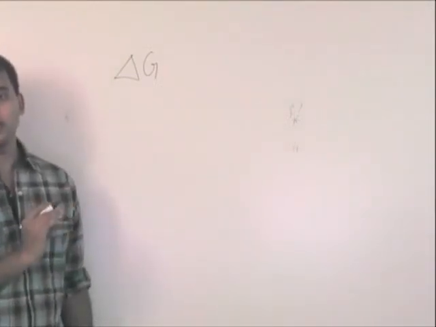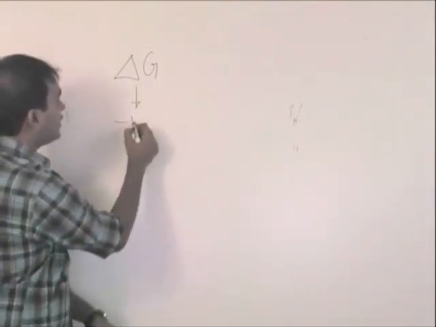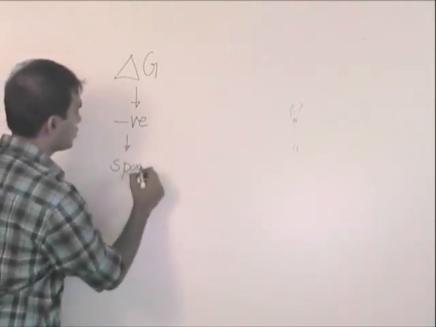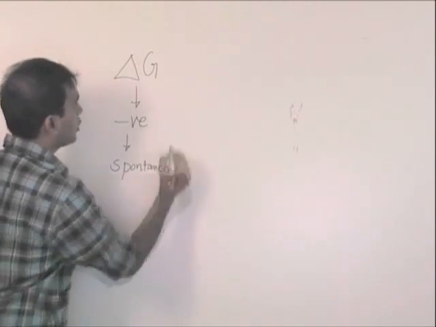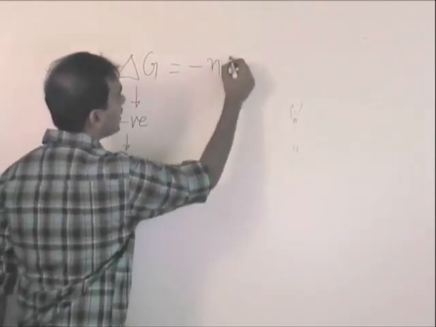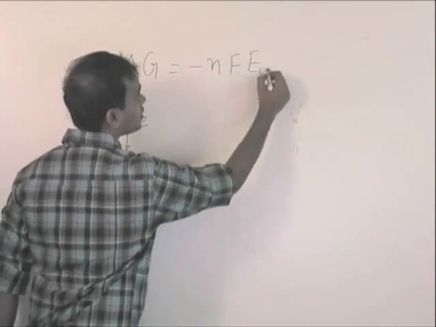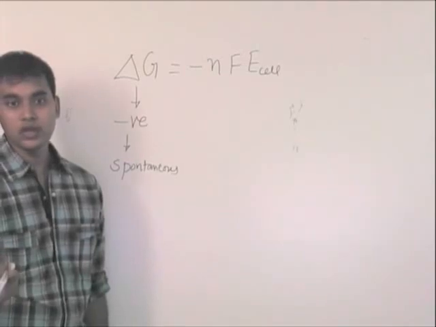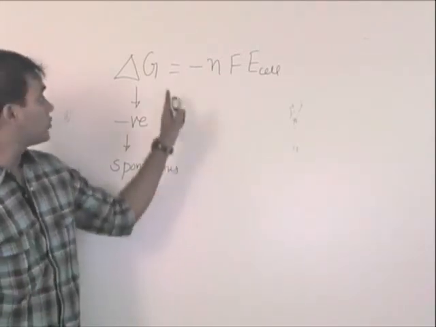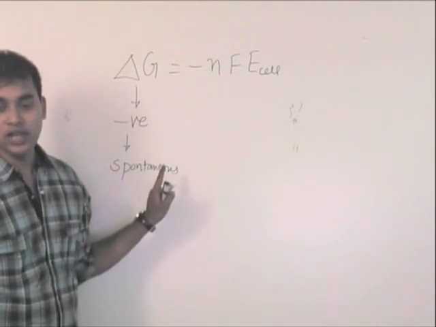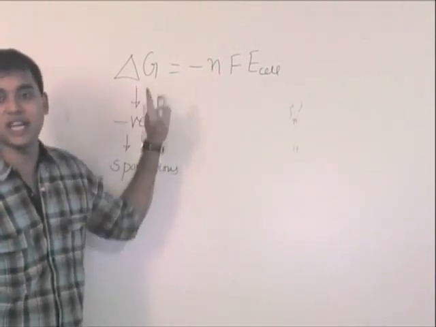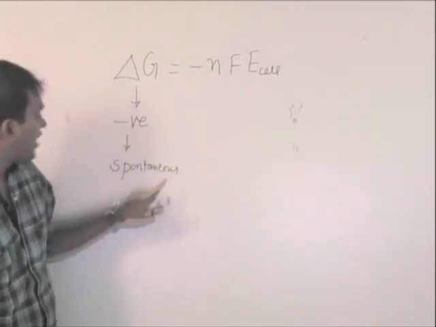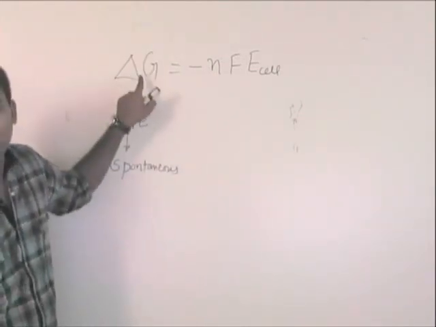Now, what we have done in thermodynamics is, if delta G for any reaction is negative, then we say the reaction is spontaneous. What we have learned just now is that it is also equal to minus nFE. This is not E naught, because this is not delta G naught. Again, don't get confused between delta G and delta G naught, fine? If a reaction is spontaneous, delta G has to be negative, not delta G naught. So, if a reaction is spontaneous, this whole thing has to be negative.